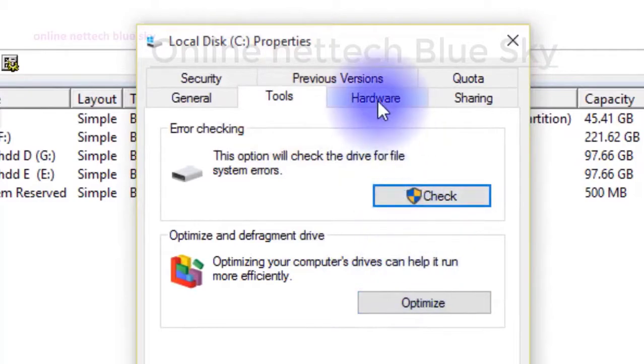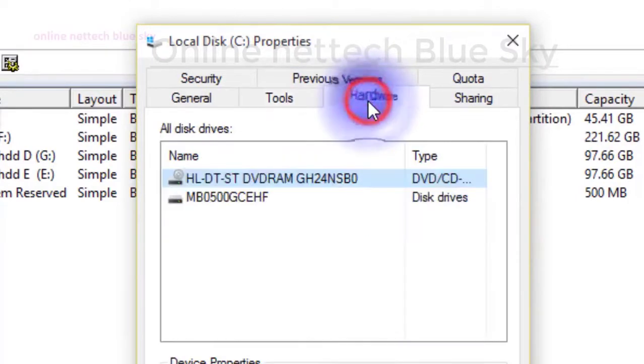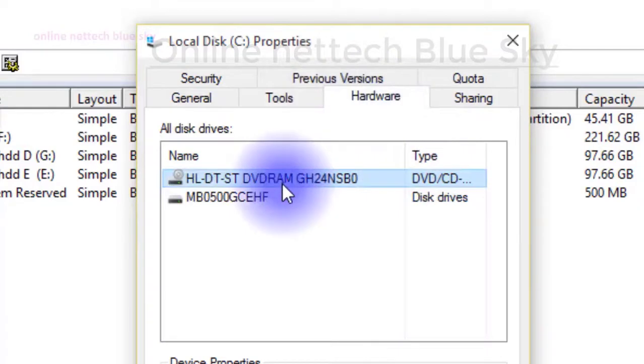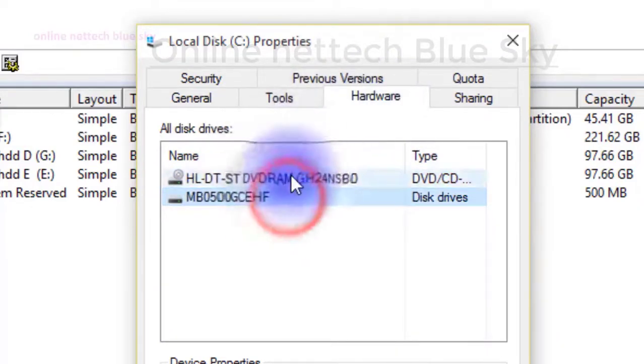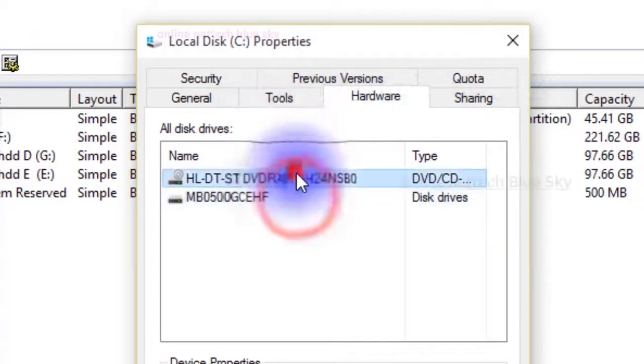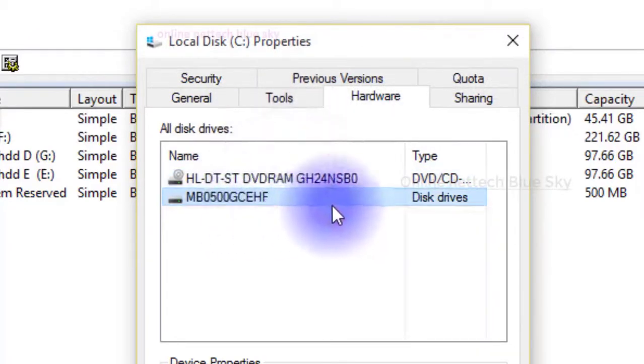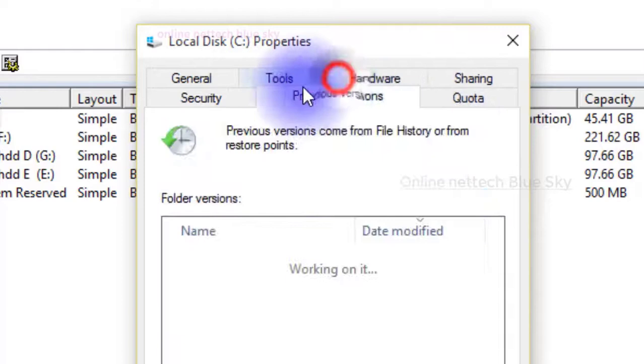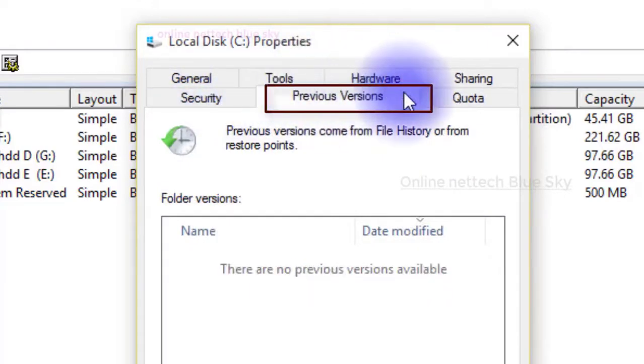I will discuss in some video what optimize and defragment are, and different types such as disk cleanup and hardware. Okay, so what is optimize and defragment? This is a CD DVD disk drive, and this is my main computer hard disk.